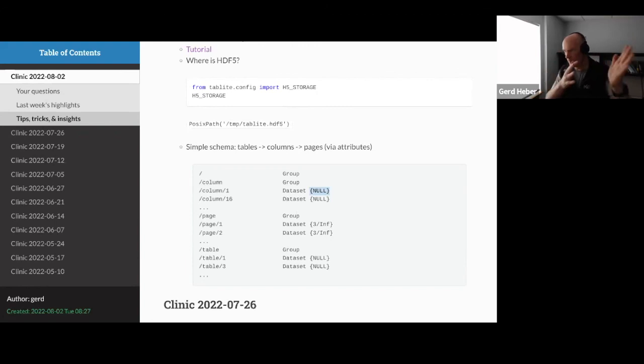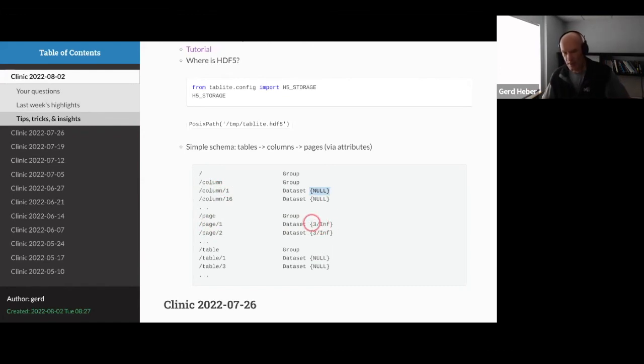That's configurable, but the default value, I believe, was 1 million. So that's how the data is broken out into pages. For column 1, there would be an attribute called pages, and the pages attribute would say /page/1, /page/2, and so forth. And when you come to this data set, that's where the real data is stored.